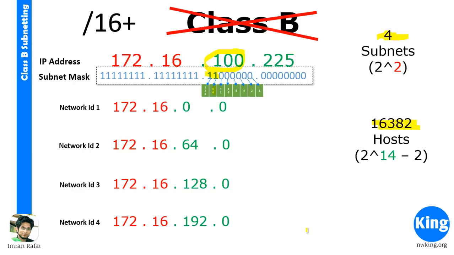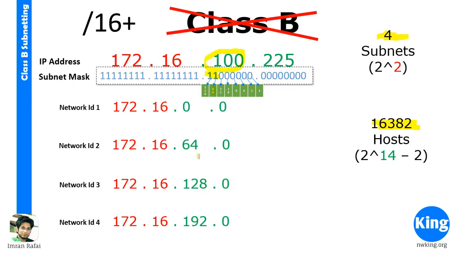Now that's the question. Again, it is 1 minus the next network ID. So in the first case, it is 64.0, the next network ID, minus 1 is 172.16.63.255. Remember the digital clock. Now you know how a digital clock works. That's exactly how this works. So 64.0 minus 1 is not 63.0. Remember, it is